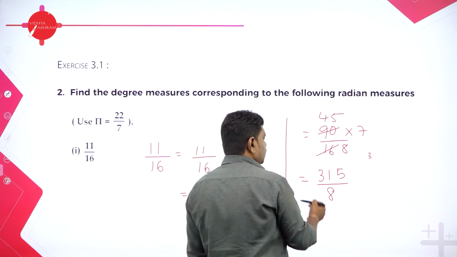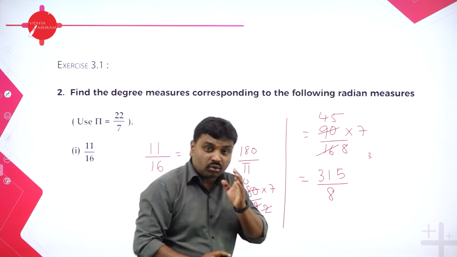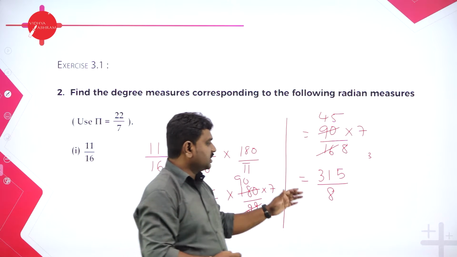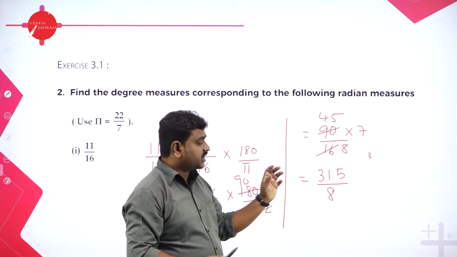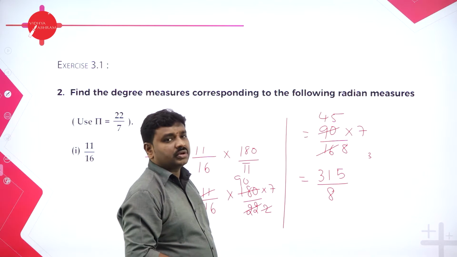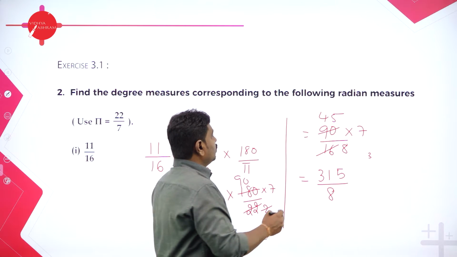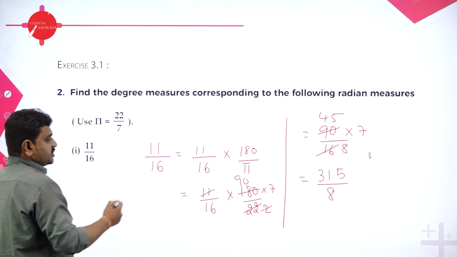So now I got a fraction. 315 divided by 8. Now how to convert this is important. Now this is in degrees, but I have a fraction. So convert this fractional degree and find its parts. So first you should do regular division. So now I'll go on dividing this. So I hope all of you understood till this part.